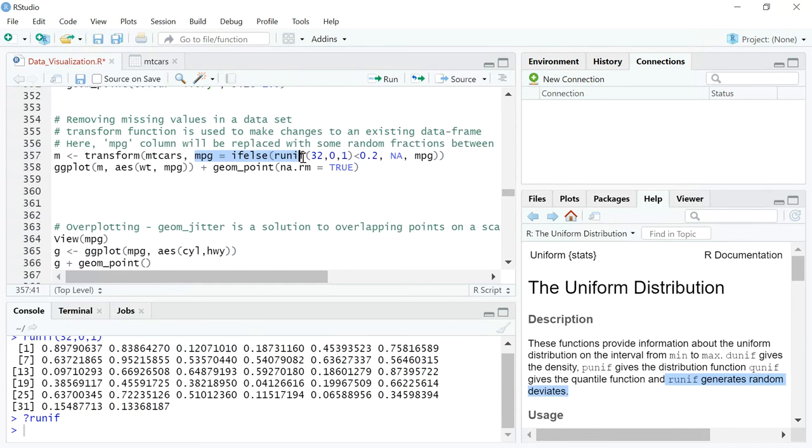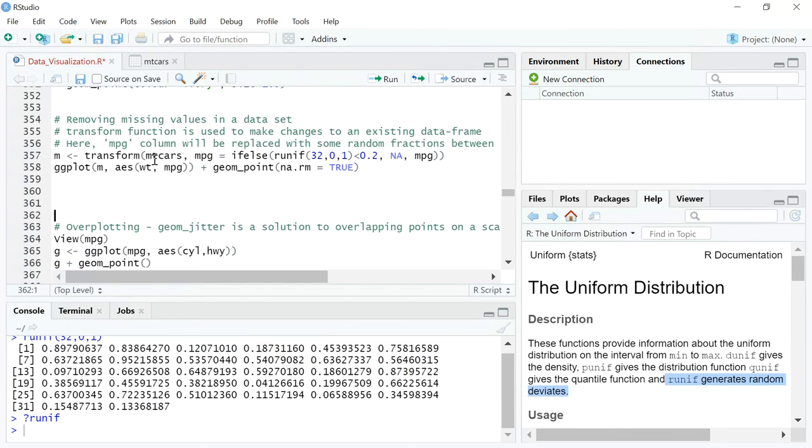In MPG. And I'm going to assign it back to MPG, but I'm going to use a transform function, right? So the transform function takes a data set, it picks a column, and then you can use an argument in it. In this case, we are using a simple if-else function. So if the value of a particular column is less than a particular value, you're going to replace it by a null value. Else, you're going to reuse the same value, and you're going to assign it to the same column, and then this transformation is going to be saved in a vector variable called m, right?